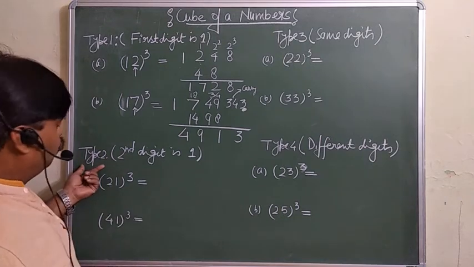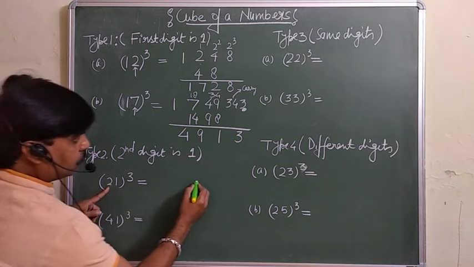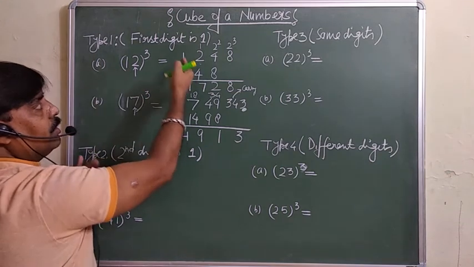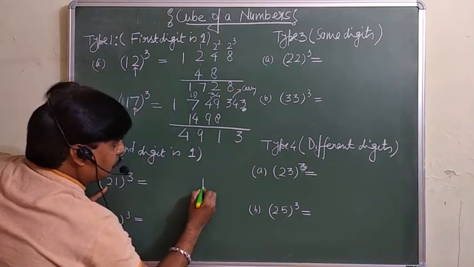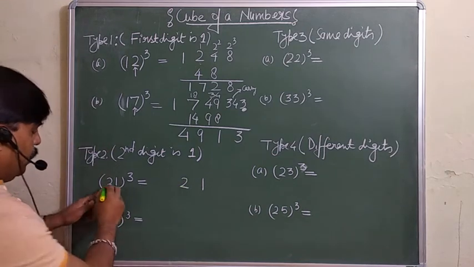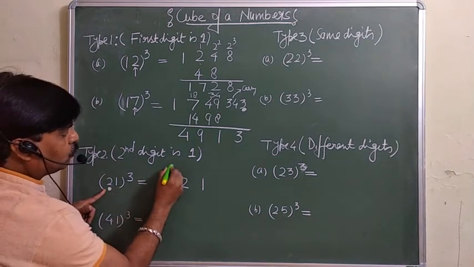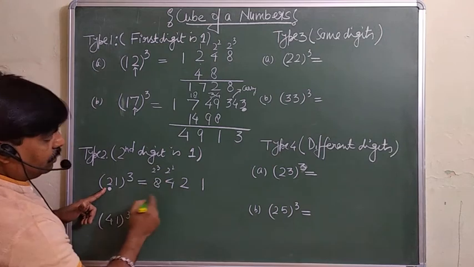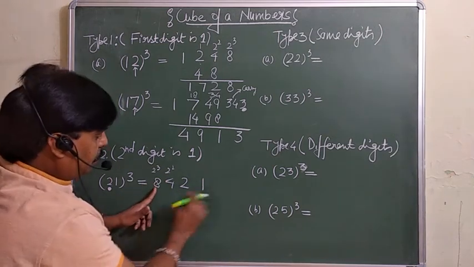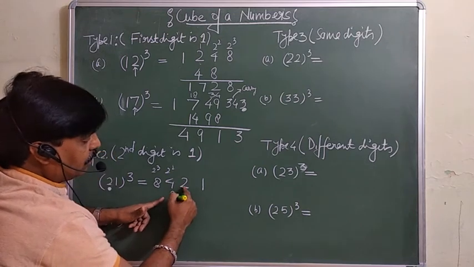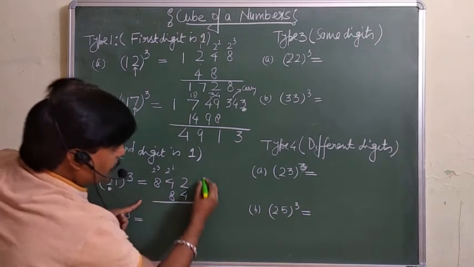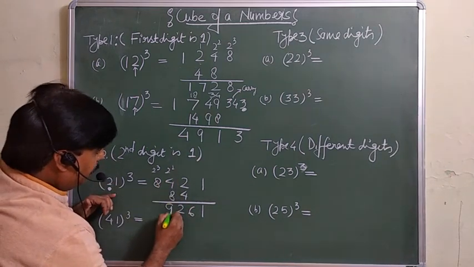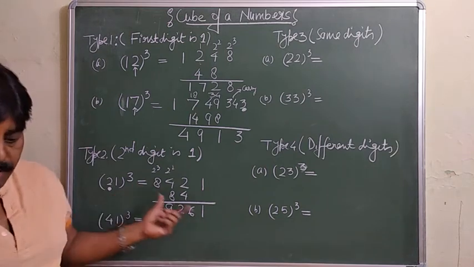Okay, now type 2. Here is 21. These two digits you must write down as they are, but from the last. Here we were writing from the left side only; we will write from the right side. 1 and 2, same. Here we will do the square of this number 2, that is 4. Cube of this number 2, that is 8. First and last two digits leave as they are. Do the double of this one, 4, 8, double of this 2, 4. Now add 1, 6, 8 and 4, 12, 2 carry 1, 9. So 9261 is the cube of this 21.